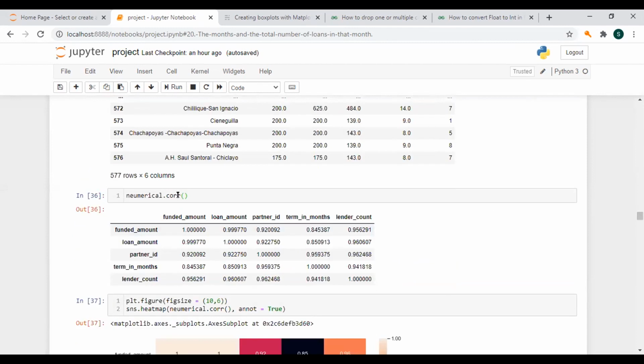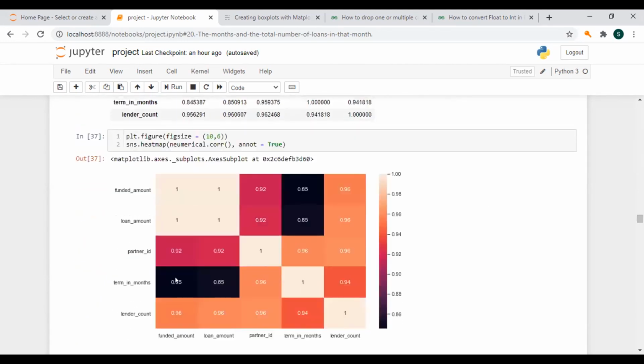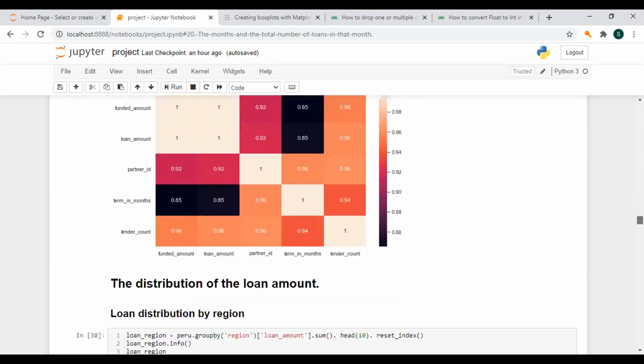Then I wanted to have the correlation table for those numerical values, which was there. Then I did a heat map. And the loan amount, everything was there. Because per my understanding, it was about the one with all the numerical values.